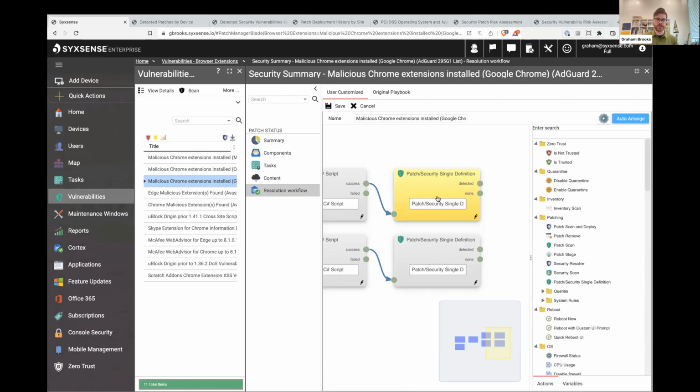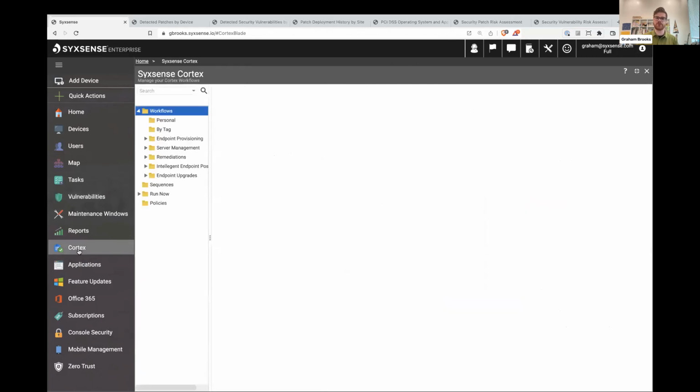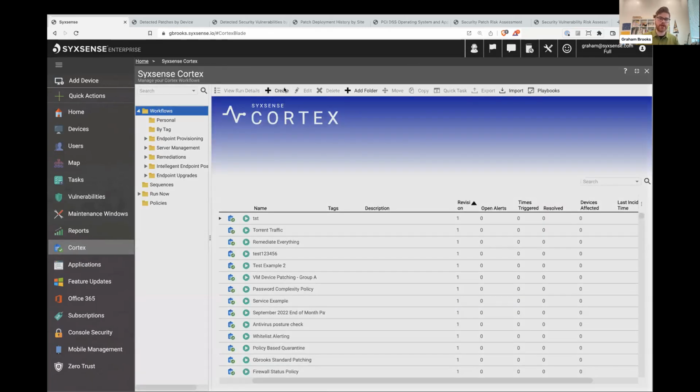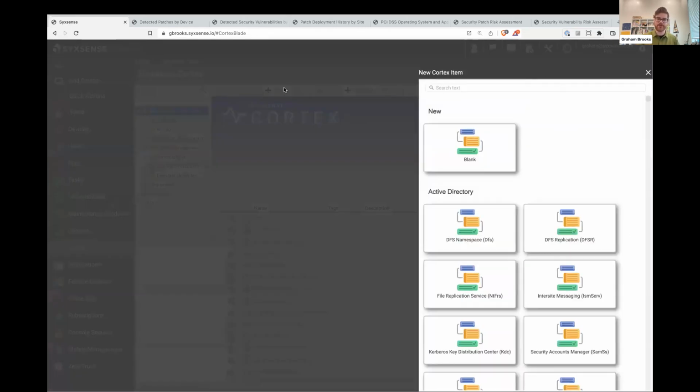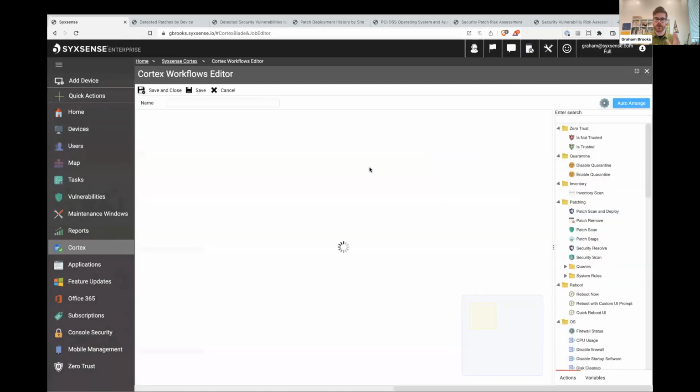But I want to actually create a policy that's enforced in real time against that context. So here, we need to note down the name, malicious Chrome extensions installed. I'm going to go over to Cortex again, and we're going to create a new workflow. We're going to build this as a policy. We're going to tell it to run every single day. And so here I'm going to say